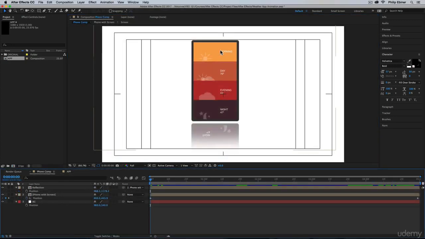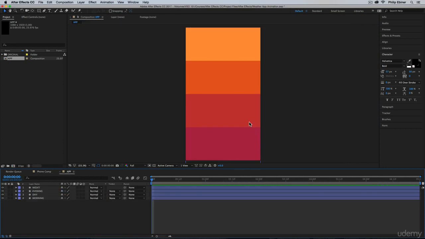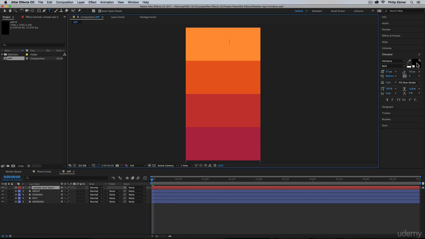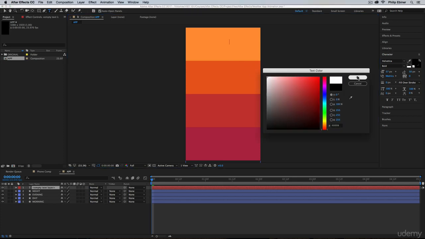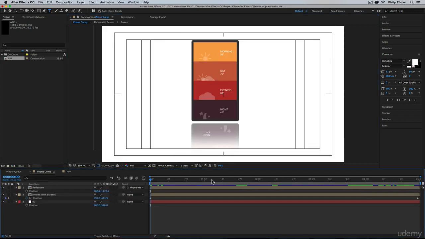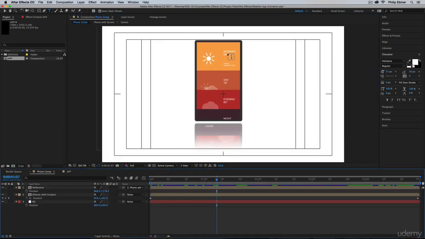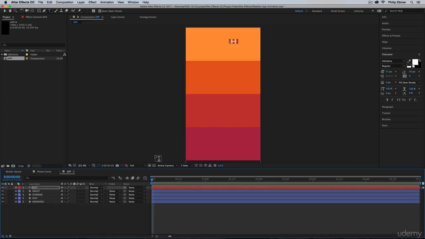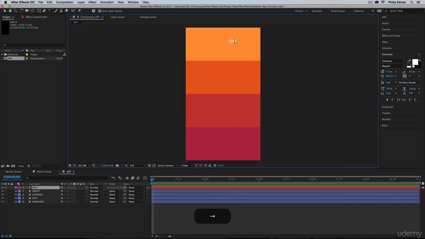Next, let's add our text. For the top one, I will just choose our text tool, click here, make sure we have it set to white. I'm going to use regular Helvetica, and I'll call this day. And then let me just remember what information I have. I have the temperature. So within this text layer, I'm just going to press return and add a new line,